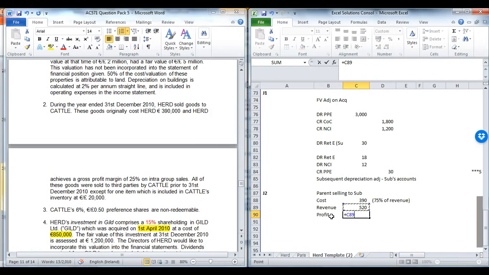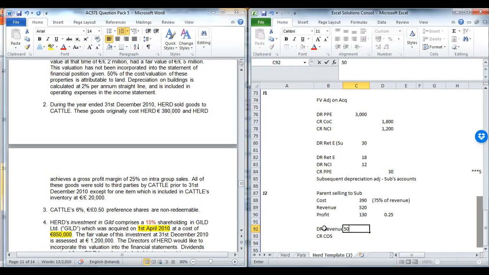Well, the profit they must have made was 130, and if you put 130 over 520, it's a 25% gross profit margin. So again, you try and work that out. Sometimes you'll be given markup, sometimes you'll be given margin. Just be careful there. So we firstly know debit revenue and credit cost of sales for the intergroup trading of